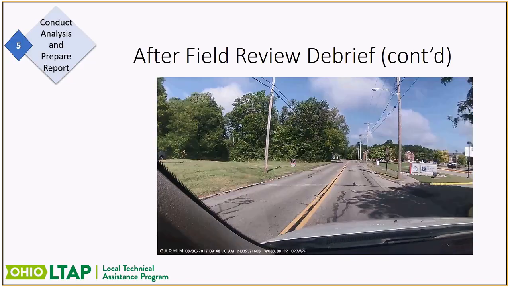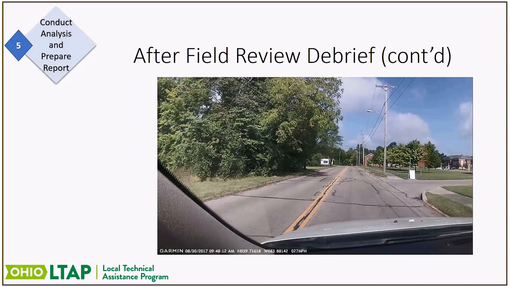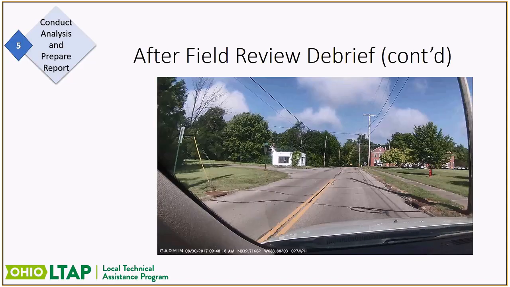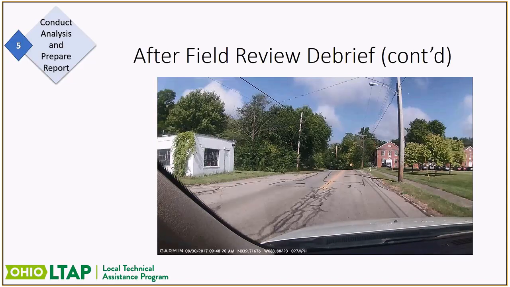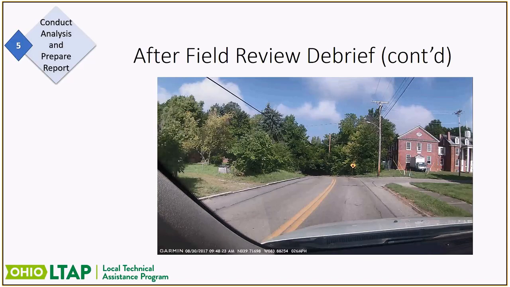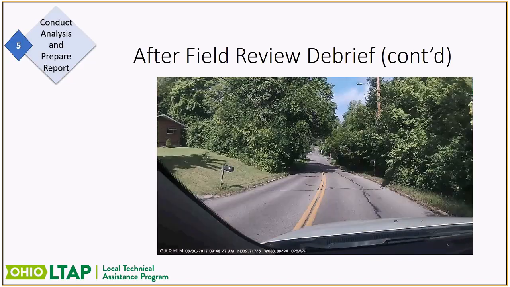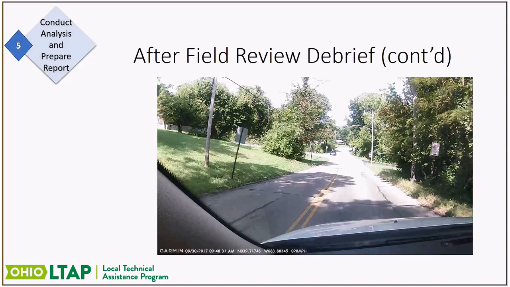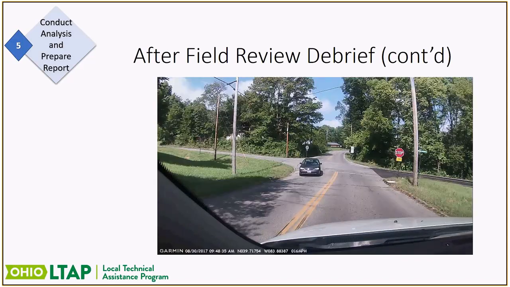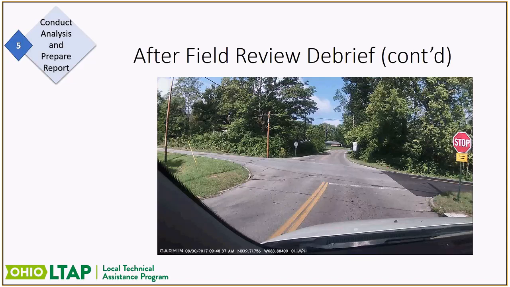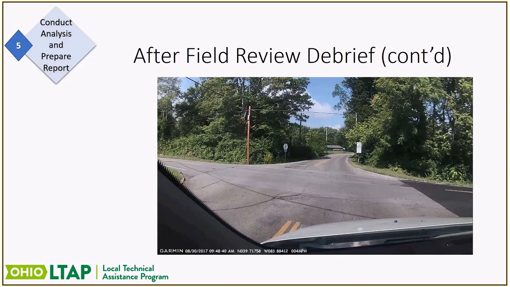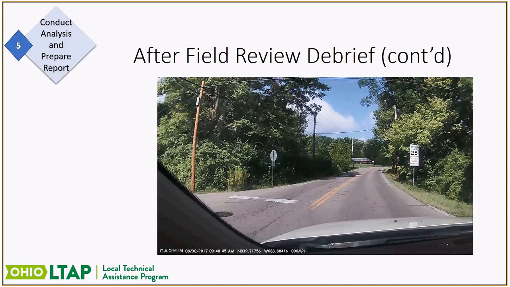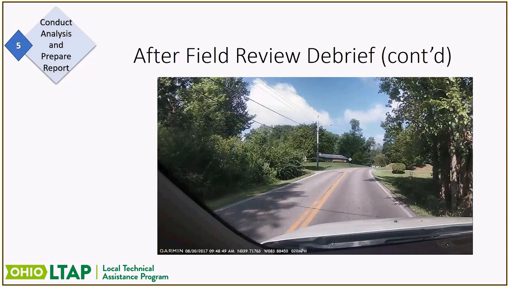And then as you're moving farther down the roadway, we're going to move into a more rural setting, and it's going to show more features for the rural area of this roadway. You'll notice that there's a stop ahead sign coming up and some curves. Lower speed, so those curves weren't deemed as severe and needing to have advance warning. But here we've got it crossing a section of roadway, and you saw that there was a stop sign there with a placard underneath. That's a question we get a lot. Was there something under a sign? What do we want to put out? Was there one stop sign or two?